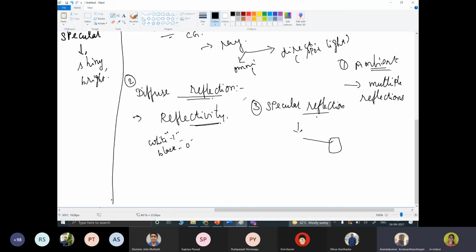The angle that the reflected beam makes with the surface normal is called the angle of reflection, and it is equal in magnitude to the angle of incidence.